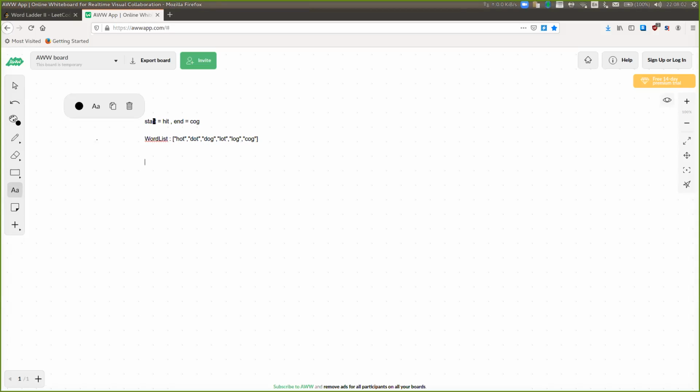So what I did was I started from HIT. I picked this H, the first character, and I simply iterated from A all the way to the last character Z. I applied every possible character. So it became AIT. I tried whether it is available in the word list or not. Since it was not, I continued with B, then C, and all the way to Z. Since none of the words were available in the word list, I moved from H to I. So now it is HIT.